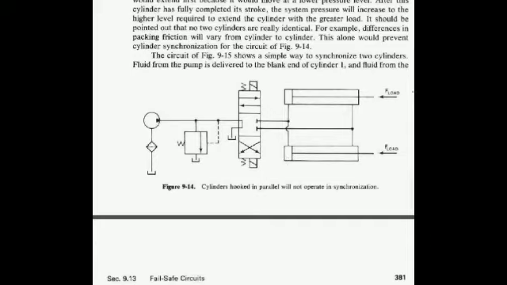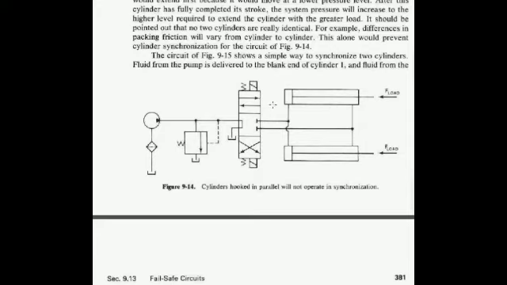What are the constraints? The load that is acting on these two cylinders must be the same, as well as the cylinders which we are using here should have the same diameter. They should have the same diameter, as well as the load should be the same. The frictional coefficients also should be the same, even though it is difficult to maintain, and the temperature also must be the same, right?